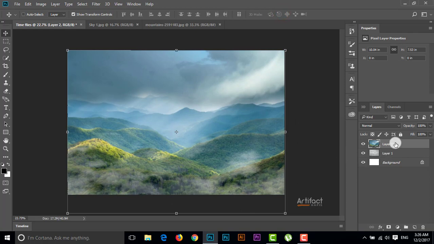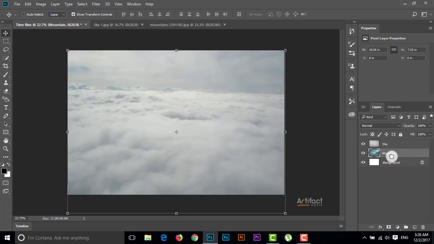And make it below the previous layer which was sky, and this name is mountain. Just drag it below the sky